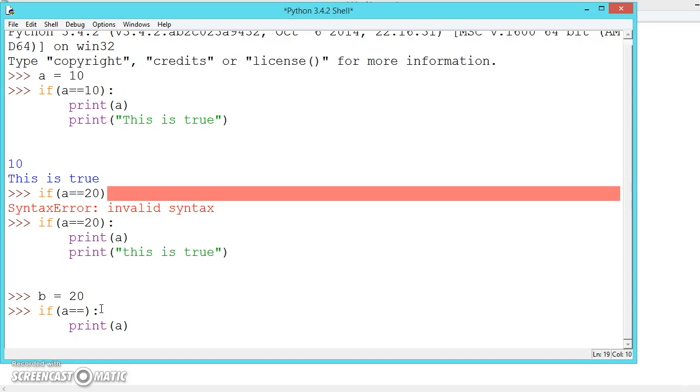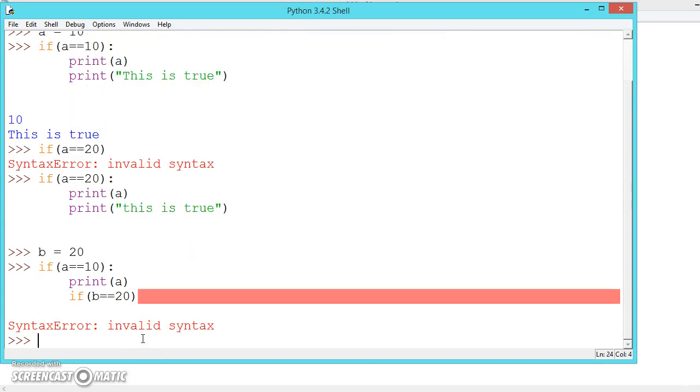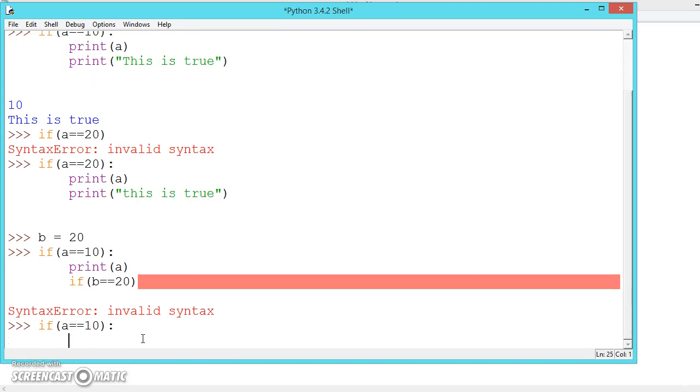Let us make it 10 and true first to understand it better. And now we can write another if statement inside it. This is a nested if statement, and b is equal to 20. Again we forgot the colon. If a is equal to 10, give the colon.